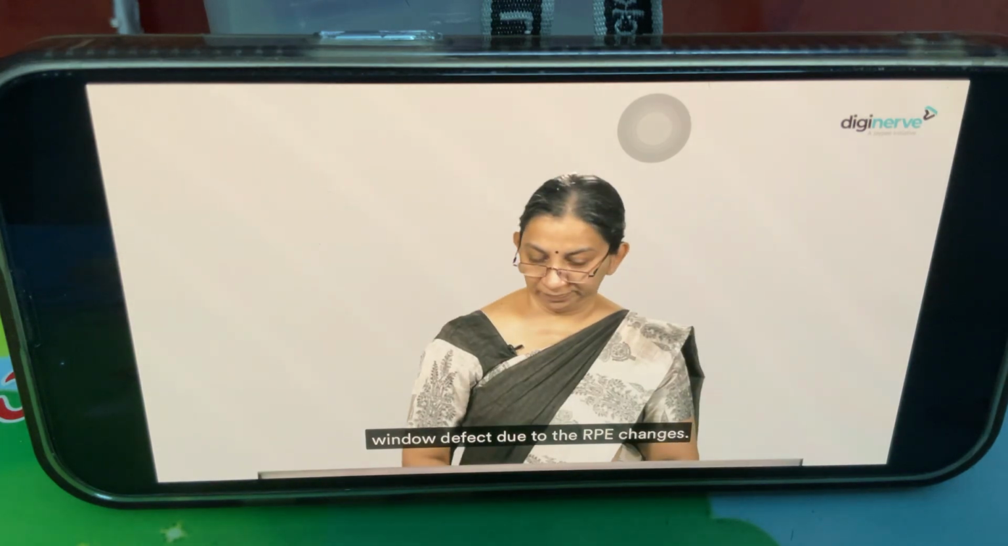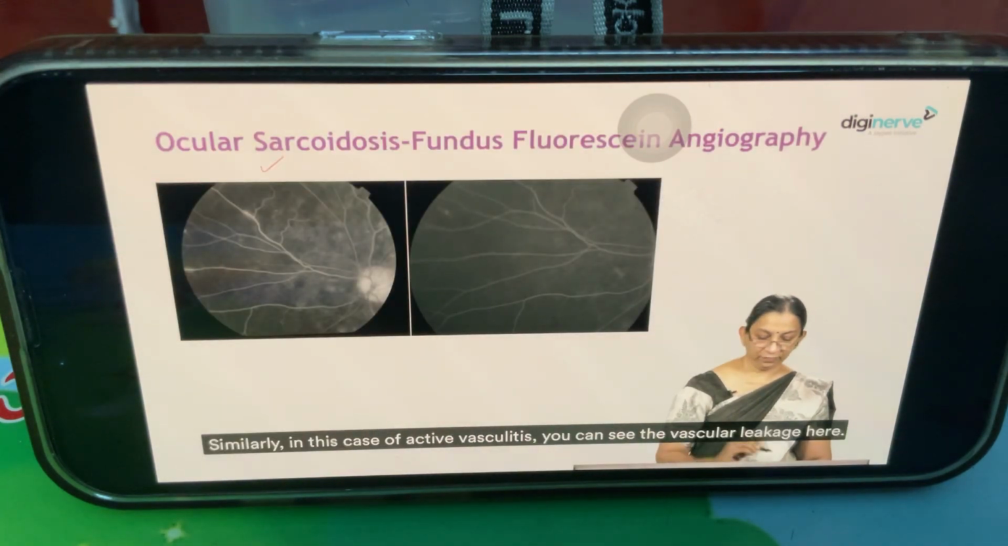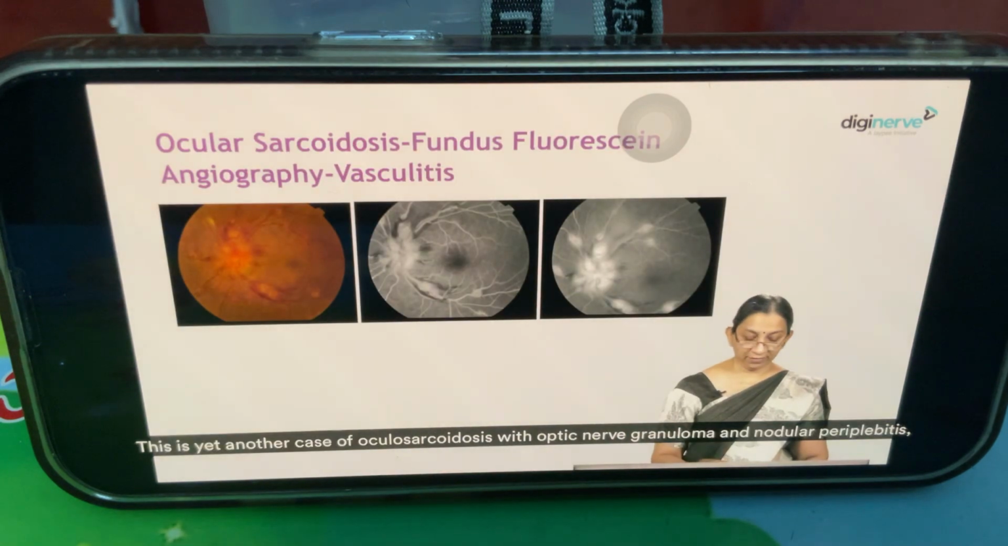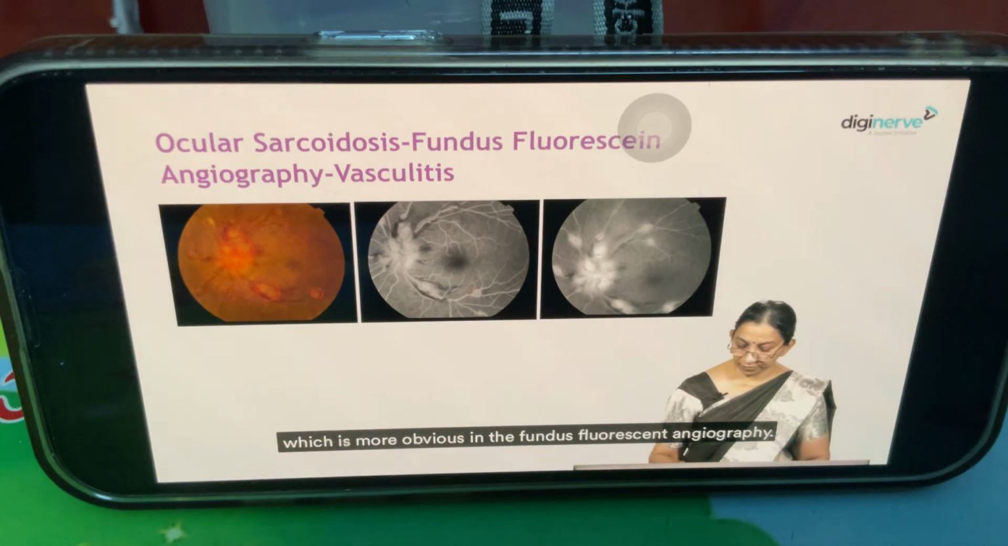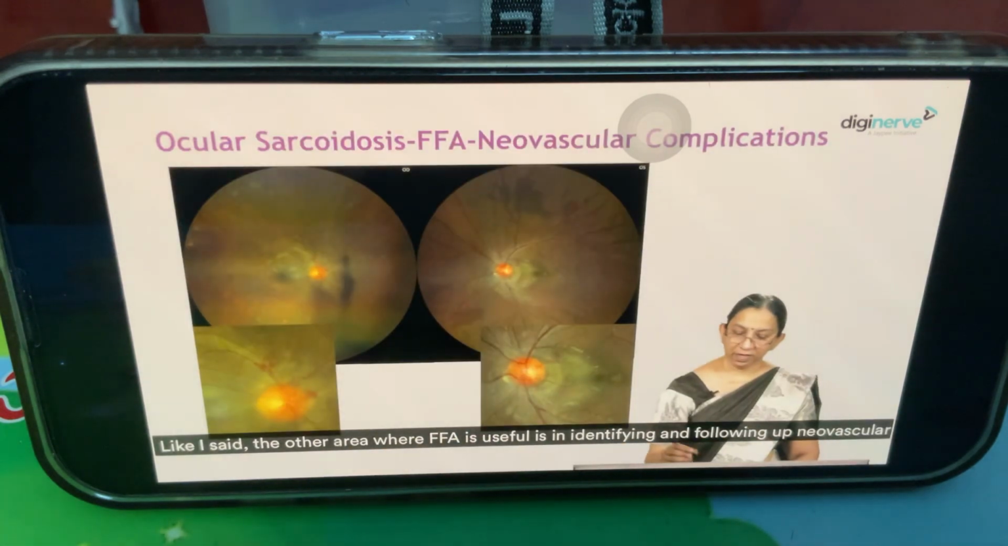the RPE changes. Similarly, in this case of active vasculitis, you can see the vascular leakage here, and after treatment, it is resolved. This is yet another case of ocular sarcoidosis with optic nerve granuloma and nodular periphlebitis, which is more obvious in the fundus fluorescein angiography. Like I said, the other area where FFA is useful is in identifying and following up